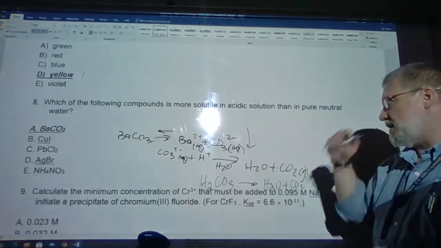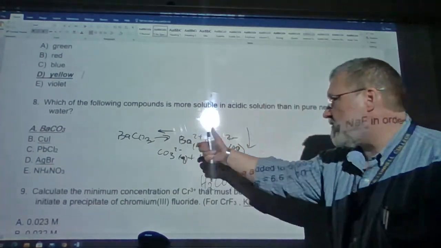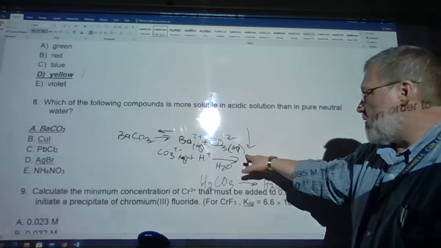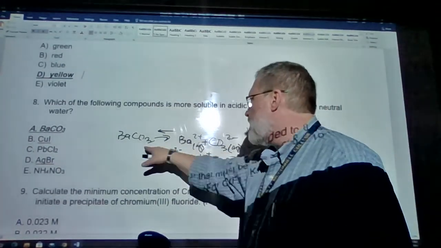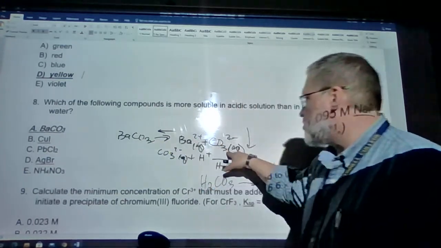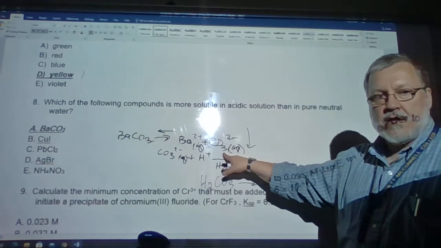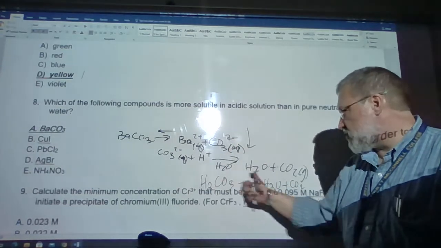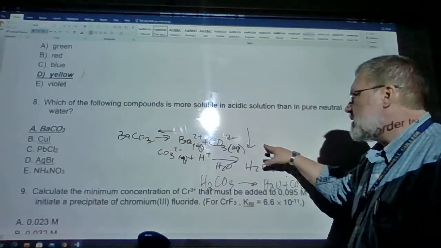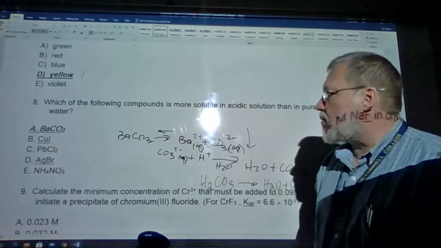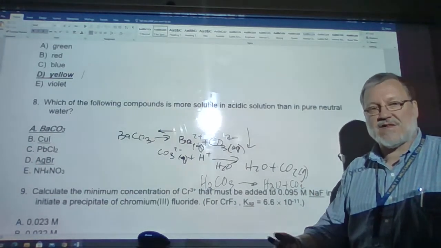You are decreasing the concentration of the carbonate anion. As this concentration decreases, you're changing this equilibrium. As your concentration of carbonate anion decreases, the equilibrium shifts to the right to replace the carbonate anion that is removed because it's changed to H2O and CO2. The equilibrium shifts to the right, and so more of your barium carbonate dissolves in the acidic water,